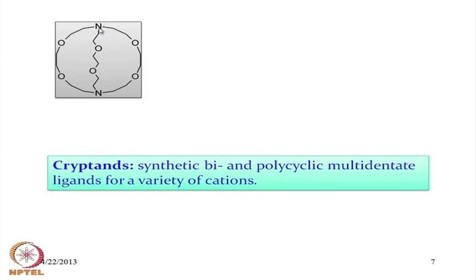So, if the pyramid is like this, the lone pair is available on the other side of this nitrogen. Similarly, the lone pair is also available from this point to the other side of the ring. So, these two nitrogens will not be utilized for coordination to the metal center. Instead, we are providing in a different way 6 donor atoms like 6 oxygen atoms to the metal center